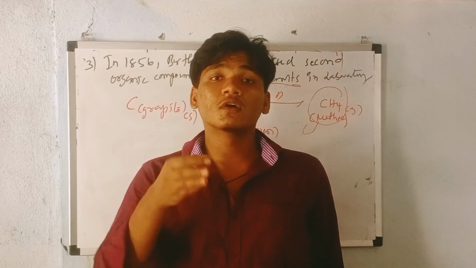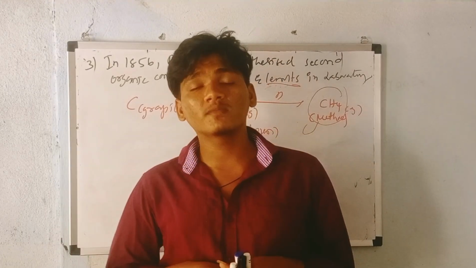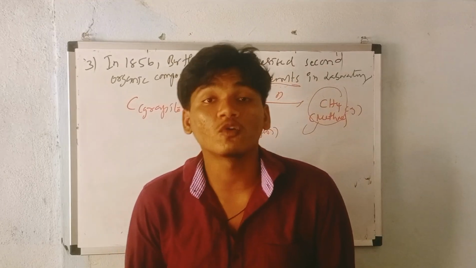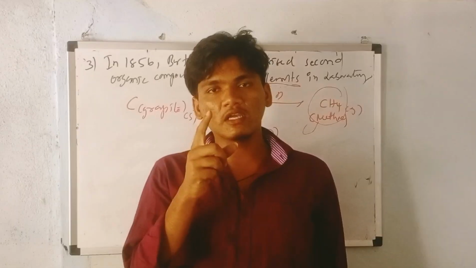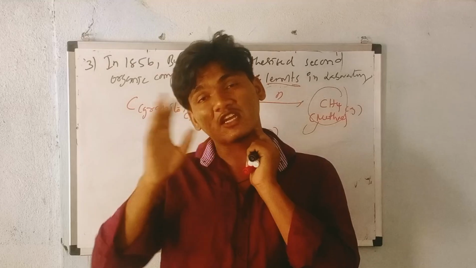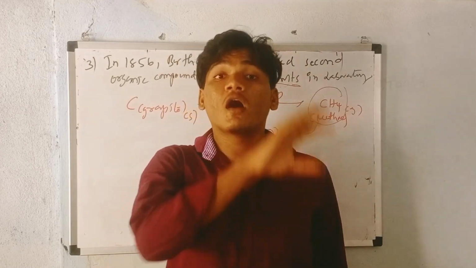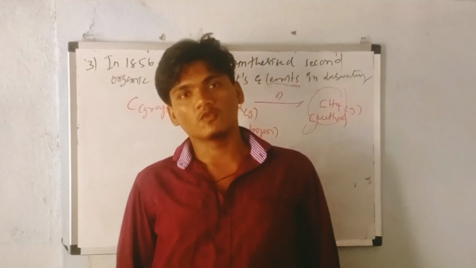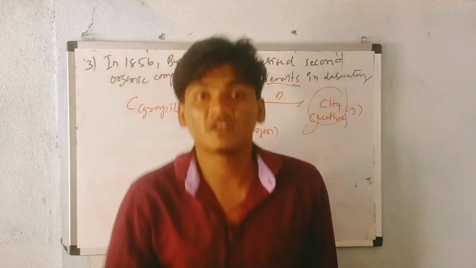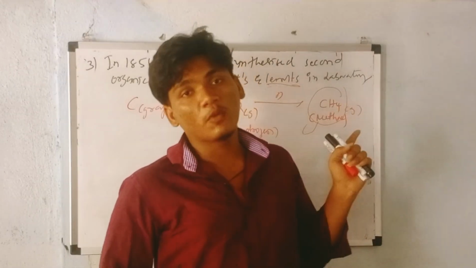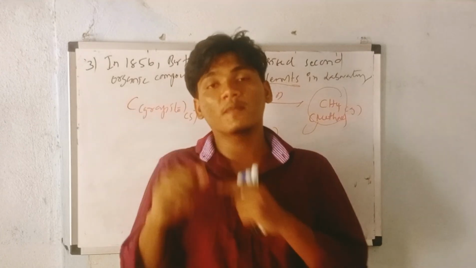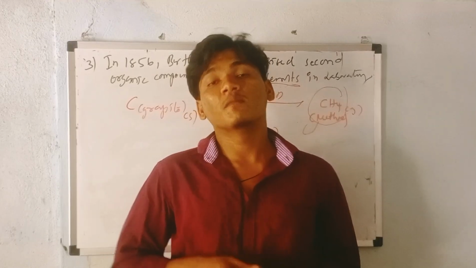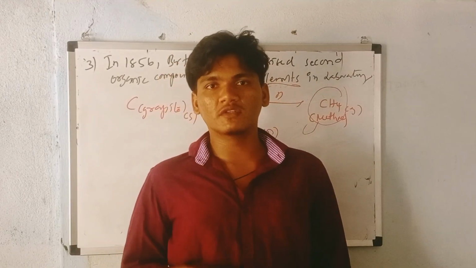Now we discuss how carbon forms so many compounds. Carbon is the only element that can form nearly crores of compounds. Carbon singly can form crores of compounds, but all the other elements together form only about 60,000 compounds. 95% of the compounds existing in nature are organic compounds formed by carbon, and the remaining 5% are formed by other elements. What is the reason carbon forms such a huge number of compounds? There are 4 reasons, which we can discuss now.